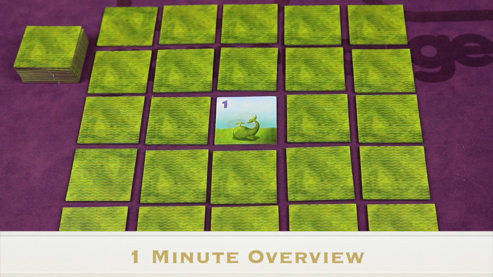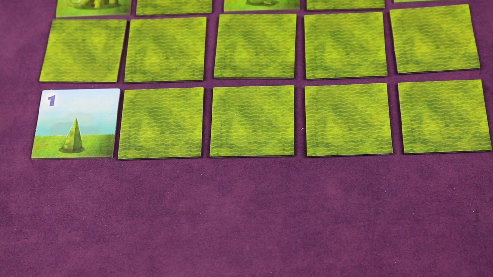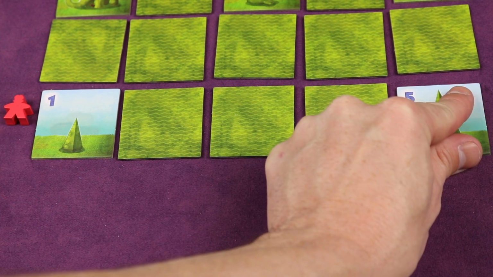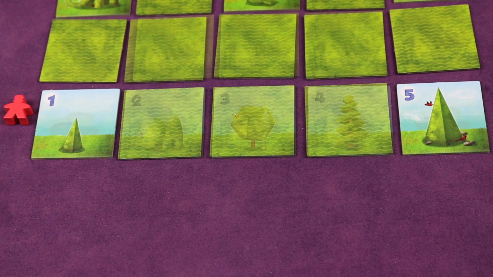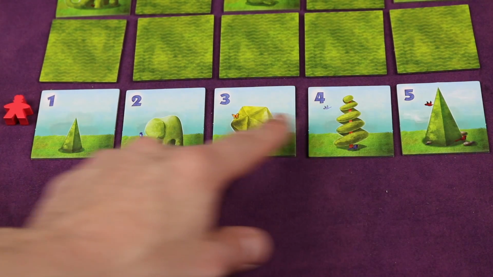Topiary is a light strategy game for 2 to 4 players, where you'll start with a garden with just one sculpture face up. And throughout the game, you'll be placing visitors that will be looking down different sight lines and optionally replacing tiles with ones that will give you a better view of them. Because at the end of the game, for each sculpture that's in ascending value, you'll get face value of those